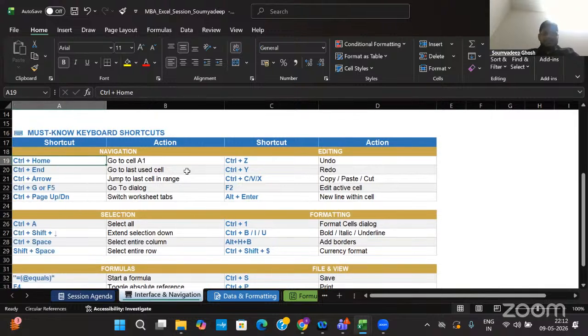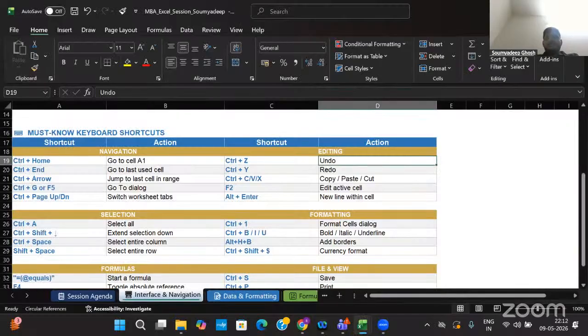In that case, what you can simply do, you can click on Control. For the extreme end of it, you need to click Control plus right arrow. If you click it, you can see now my cursor is present in this last tab. Similarly, now I want to go to the last cell of it where the data is present in this section. In that case, we'll be clicking Control down arrow. You can see now we are here.